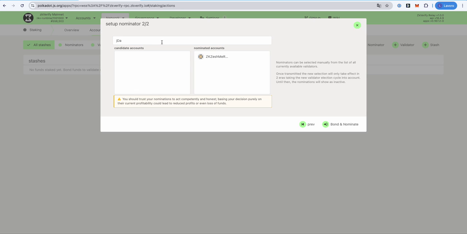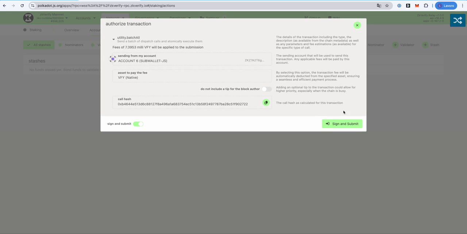I'm going to write a few letters here just to filter them quickly. These are the ones of my choice. And now that my selection is over, I can click on bond and nominate. Once I do that, this authorized transaction window appears. So through the account 6, I'm going to stake that amount of VFY that I specified earlier. This is the call hash. I'm not going to need that